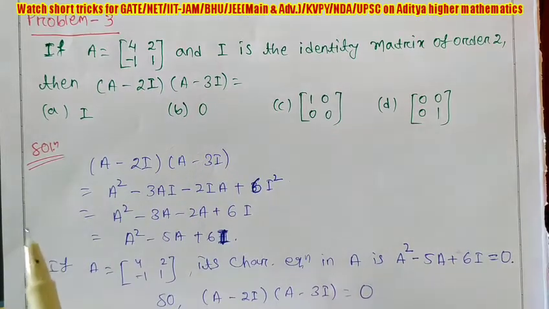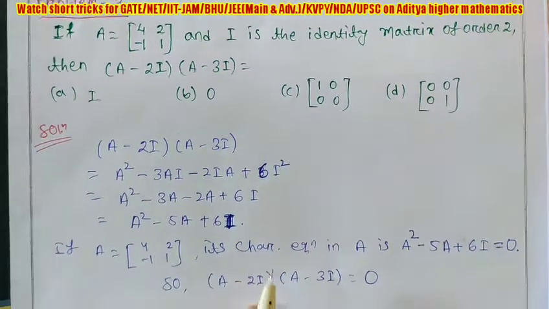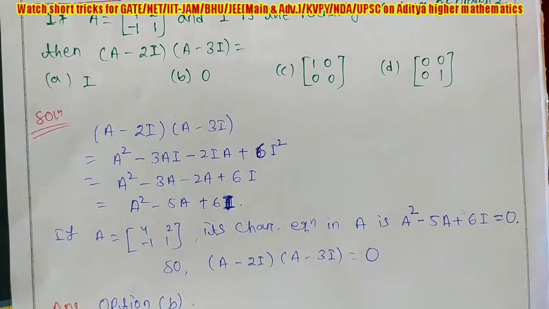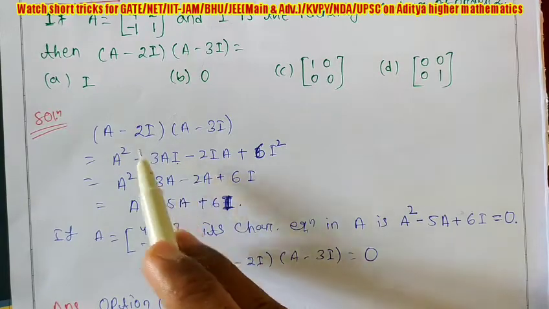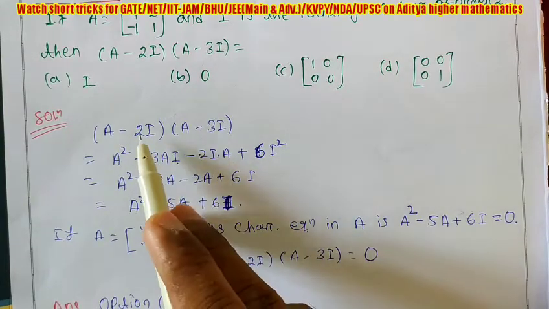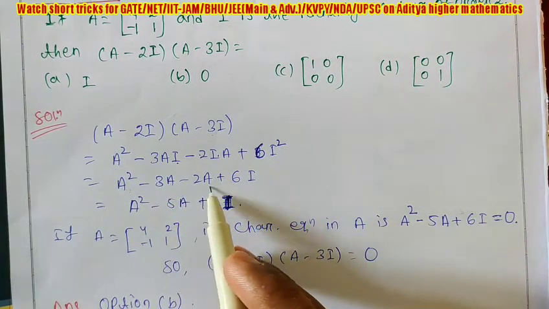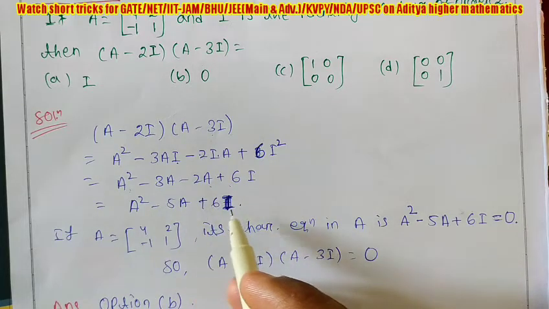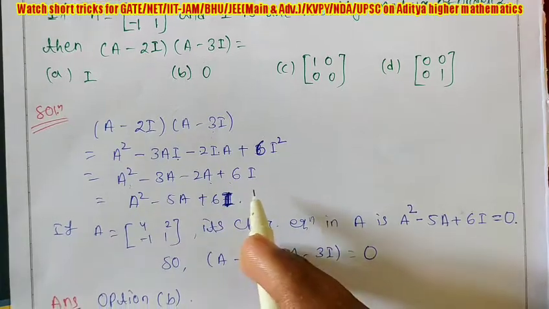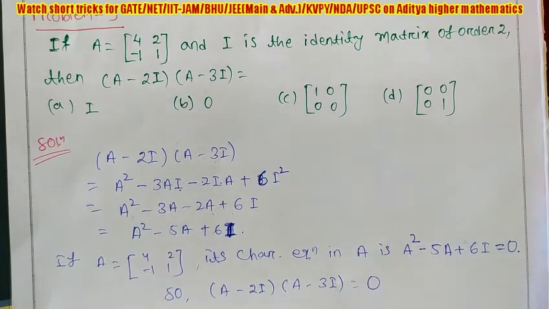In the 2 questions we have solved, a polynomial was given, but here it is given in factorization form. So you have to multiply first. And after multiplication, we can see what is coming. Now, A square minus 3AI, simple multiplication, minus 2IA, 2 times 3 is 6, I square. So, A square minus 3A minus 2A plus 6I. So, finally, we are getting A square minus 5A plus 6I. Understood? So what is that polynomial given? We are getting just A square minus 5A plus 6I.